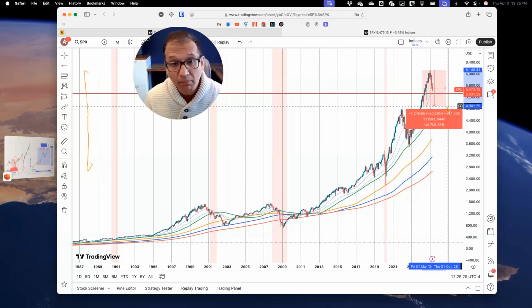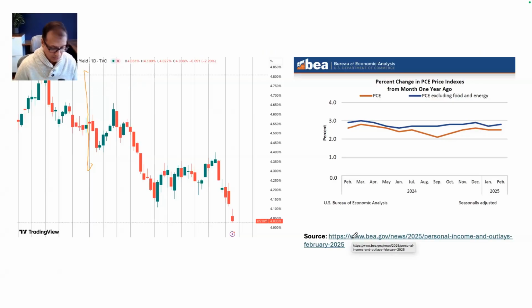I think the more likely is that it could fall to the next support level around 13%. But if it were to go down, and if it were to convert into a bear market, then that's the level it'll fall to. So let me walk you through what's happening with two very key indicators. One is the US Treasury yield, and the other is the PCE, which is the personal consumption expenditure. These are very important indicators that tell us a lot about what's happening in the market.